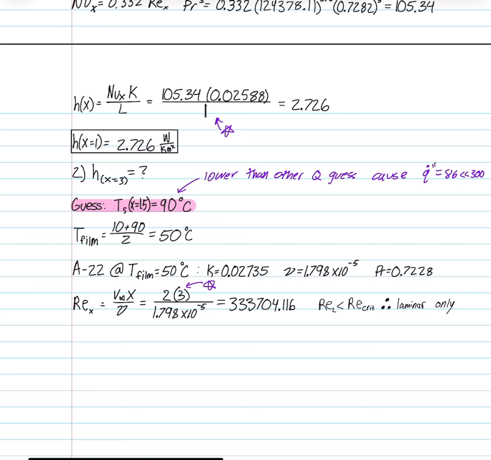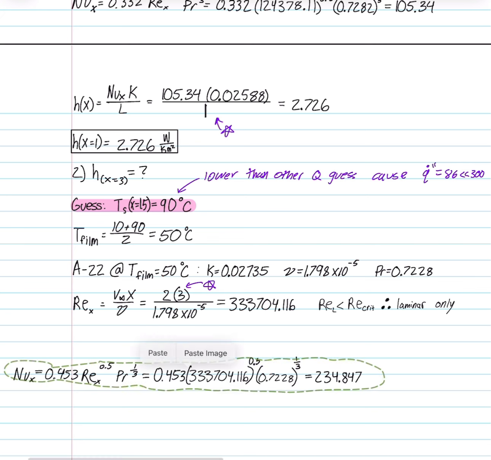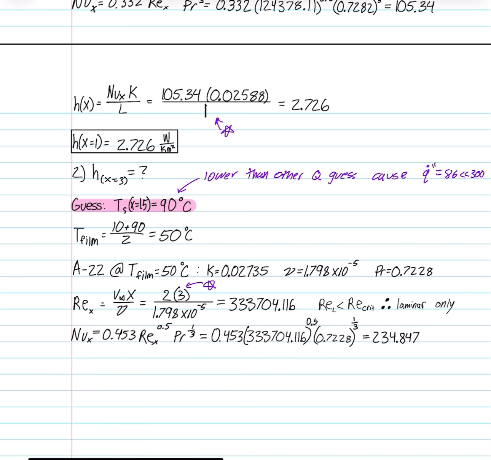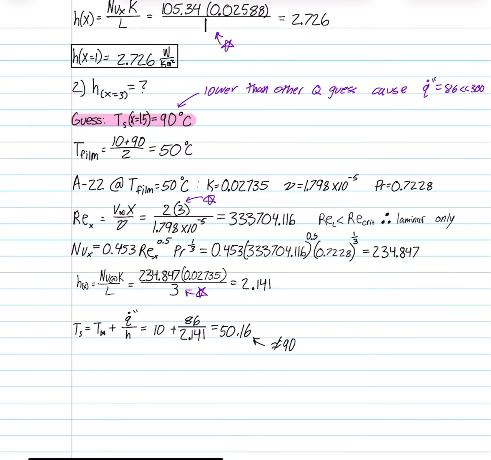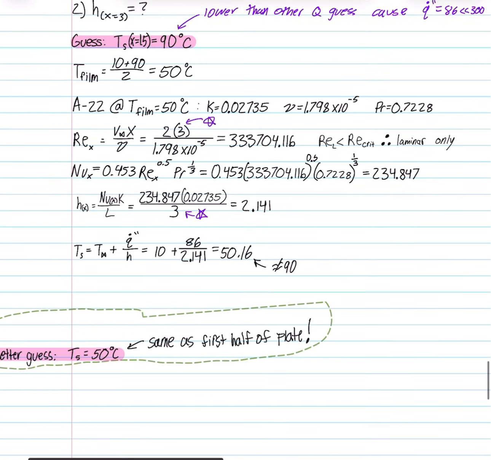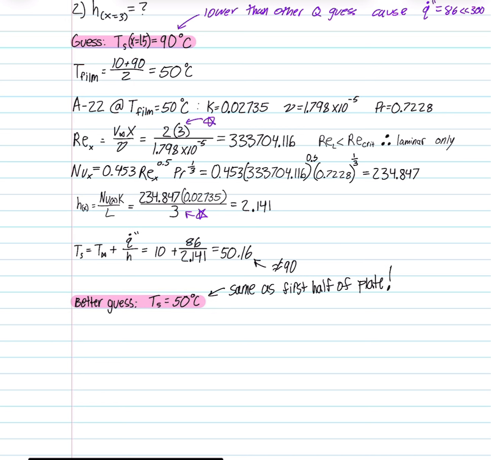And then since the Reynolds number is less than the critical Reynolds number, it is only laminar flow. And then you use that to find the Nusselt number. Then you use the Nusselt number to find the heat transfer coefficient, and again, you use L as 3, just assuming the whole plate has uniform heat flux, even though half the plate doesn't. And you rearrange the equation for Newton's law of cooling for the surface temperature, and you find that it doesn't really equal what you guessed,